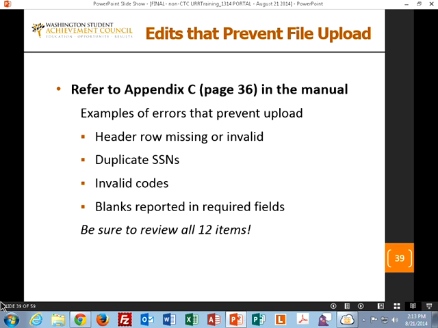Any of the coded values that we've listed in the manual have to be in that format and be provided. Can't report any non-numeric fields and numeric fields. These kinds of checks we'll do on the way in, and you get pretty detailed information if your upload fails for any of these 12 edits.